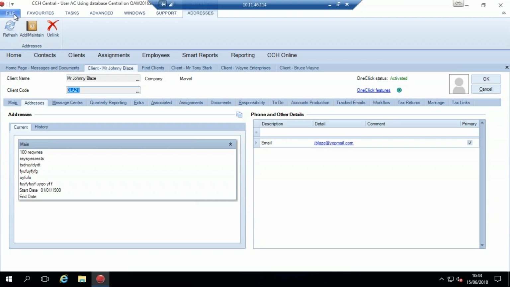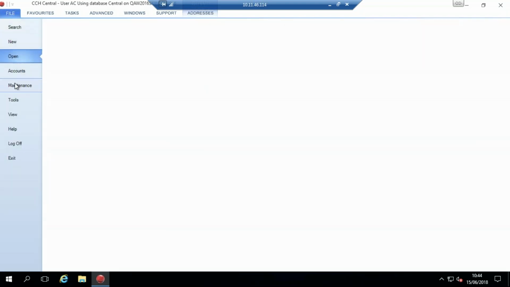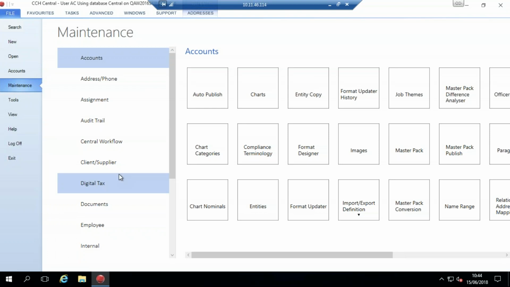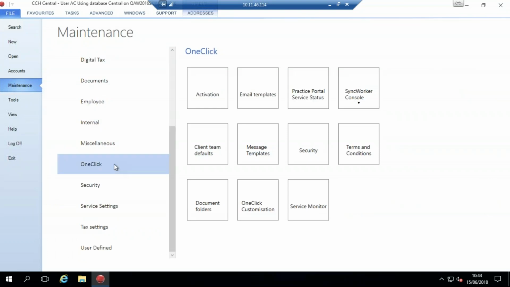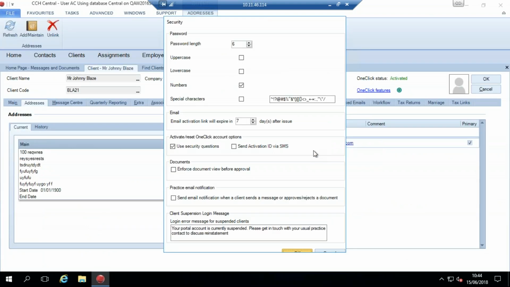If you go into File, Maintenance, OneClick, and then into Security, you can see here an option that says Send Activation ID